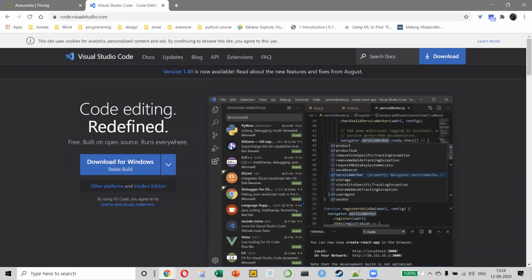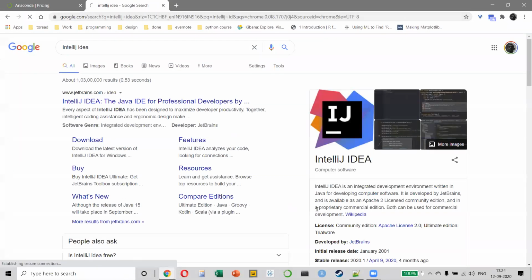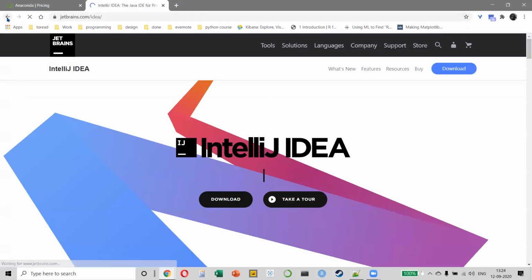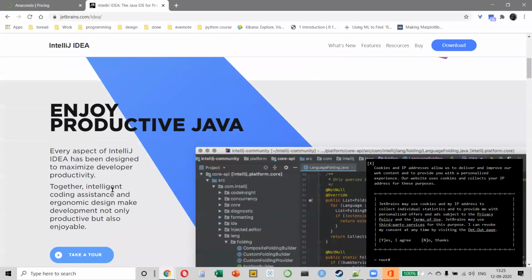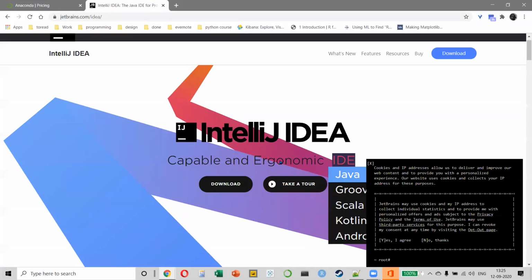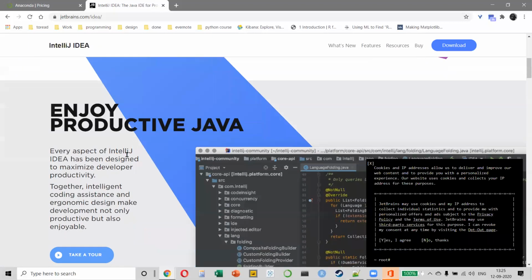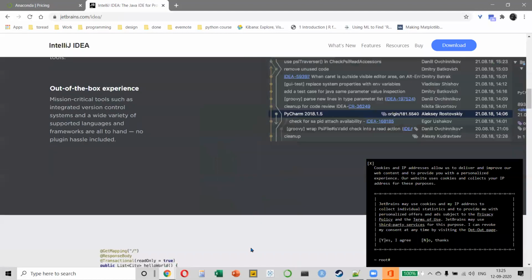Can you also use IntelliJ IDE? I haven't heard of that. Yeah, it's the same thing. JetBrains has PyCharm as well. But this is for what? This is for Java, is it? Okay. Yeah, it's the same thing. PyCharm, I think, is for Python and this is for Java. I'm not sure if it has Python or not. I haven't worked on it.